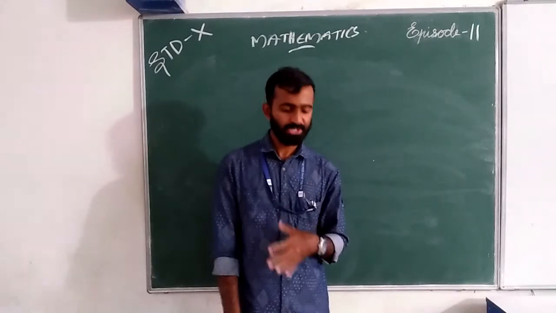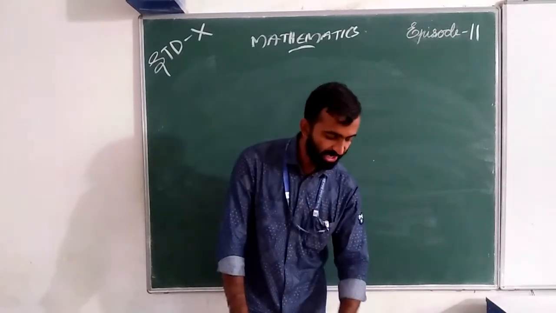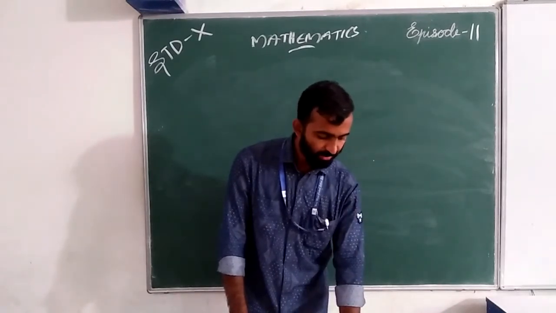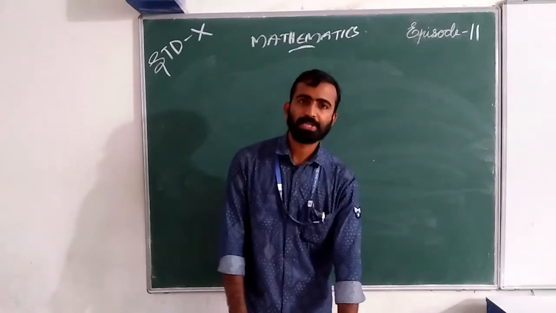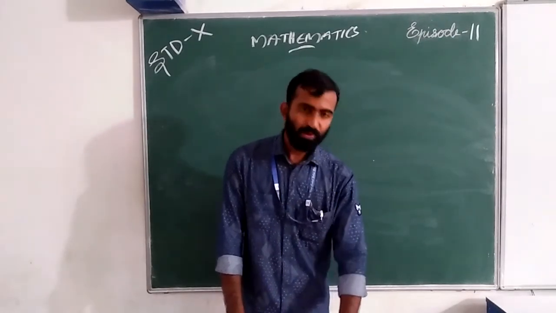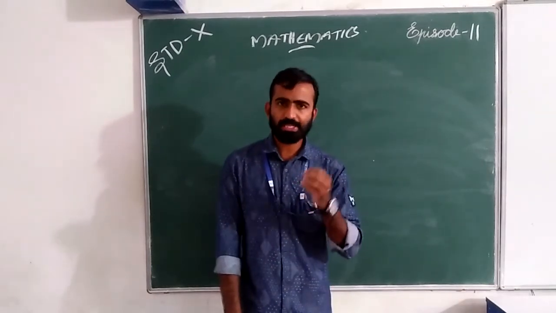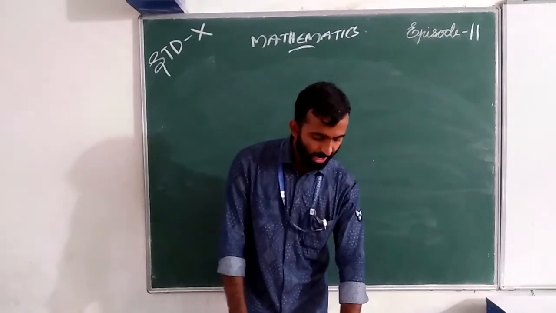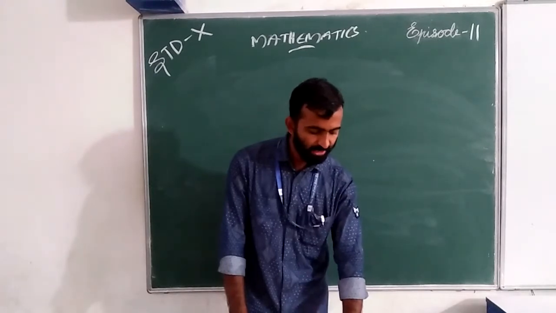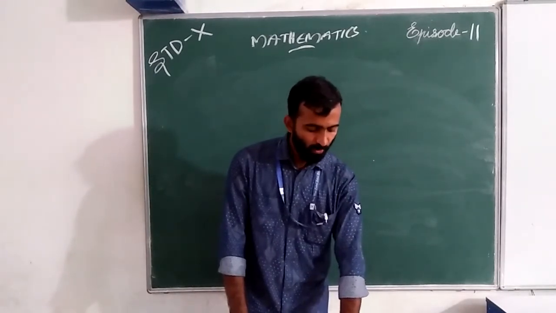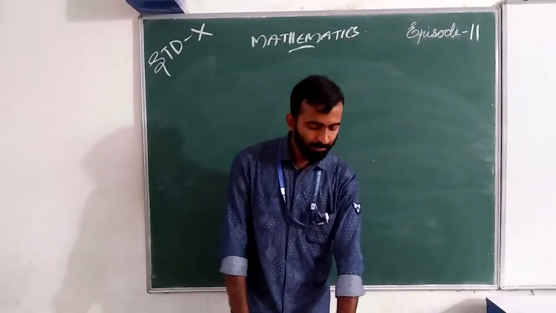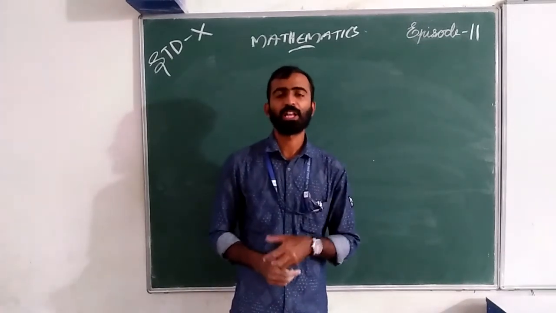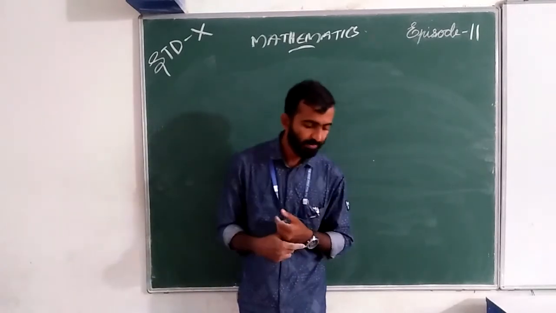What is our condition? The first condition is the number of shirts is 2 less than twice the number of pants purchased. Then what is the second condition? The second condition is: also, the number of shirts is 4 less than 4 times the number of pants purchased. What is the solution? Anyone can say? What do we take?